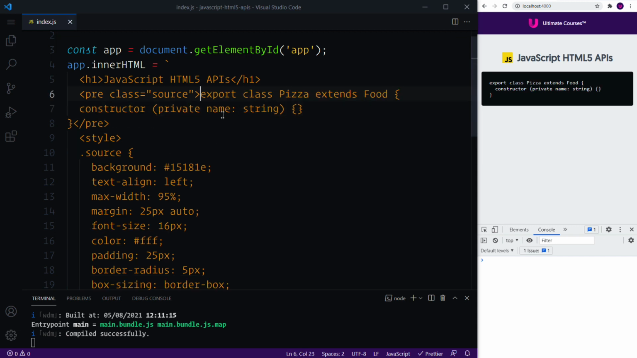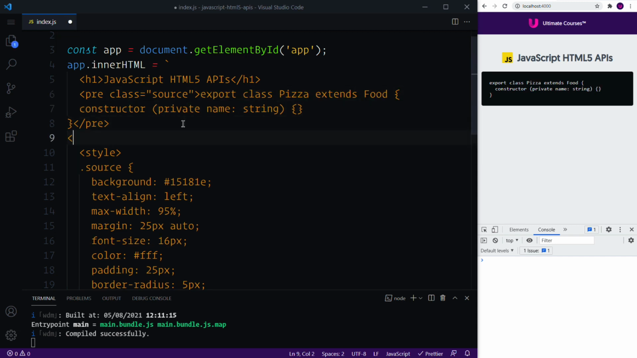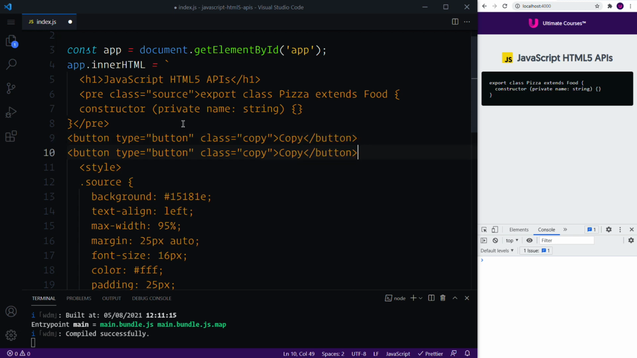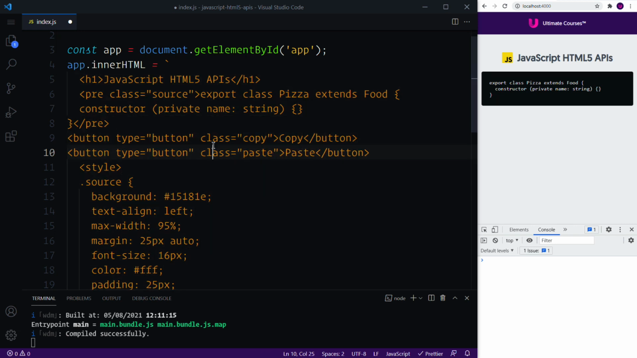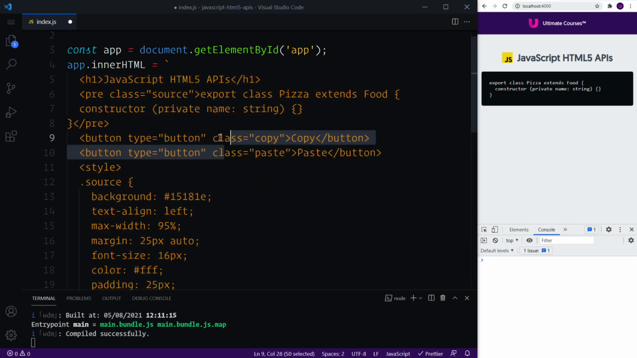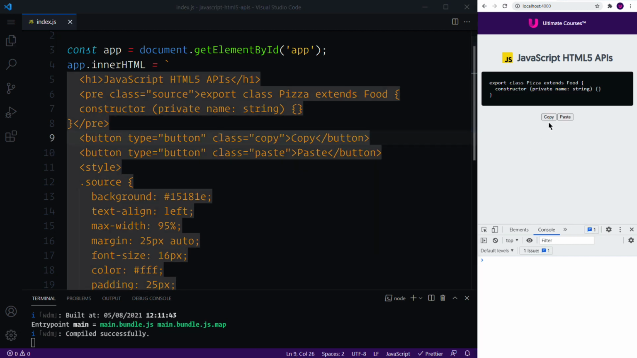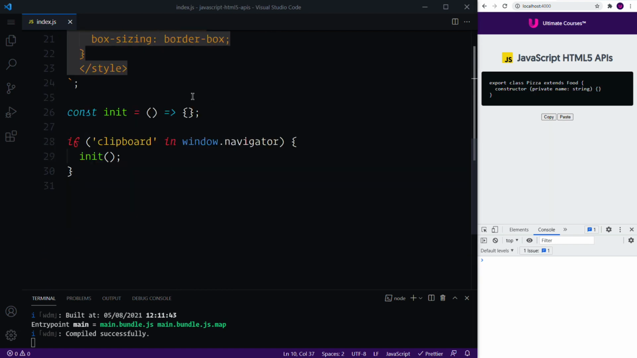So now that we have a pre-class, what we're going to do is create some quick buttons. We can say button type of button. We'll give this a class of copy, and inside we can just simply say copy. We can then duplicate this and change it over to paste. Now we're not going to hook up the paste just yet. We're going to learn how to, in fact, copy and then programmatically paste. So here we've got copy, paste, everything is looking great,